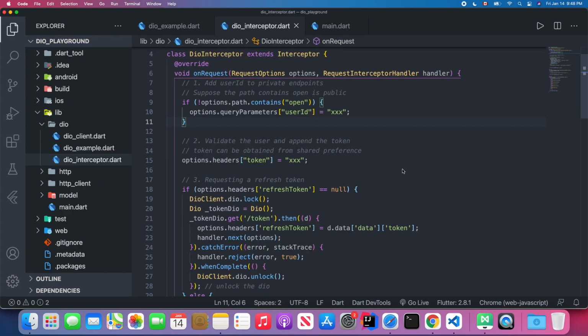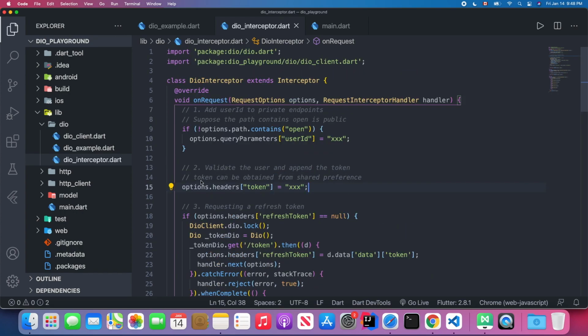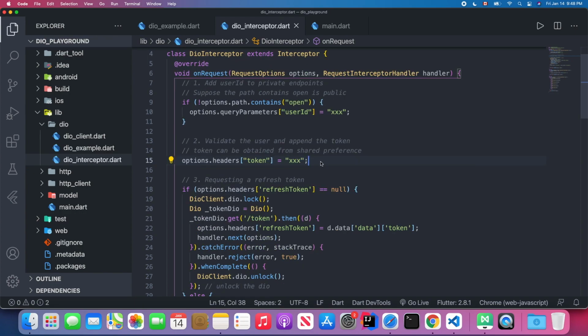The second scenario is we're going to validate our user and append the token to the header before the request is sent to our server. This is quite straightforward. We're just using this options, and we could access the headers attribute, and we're going to append our token to the header before it's actually handled by our server. So the third